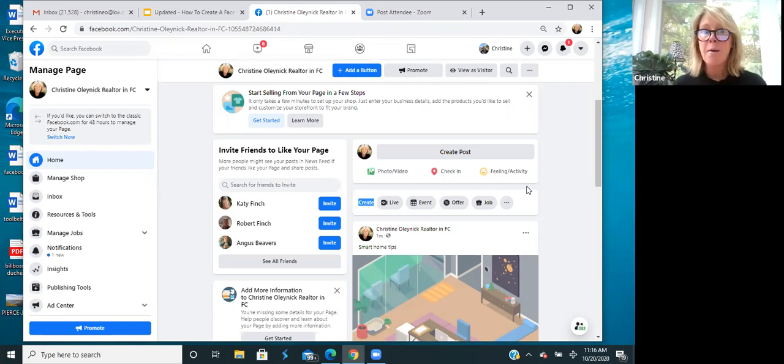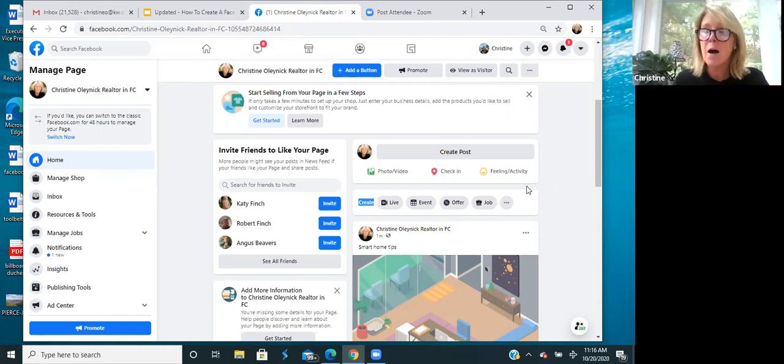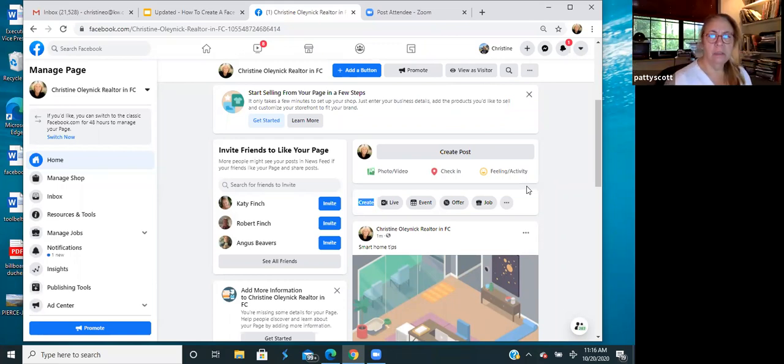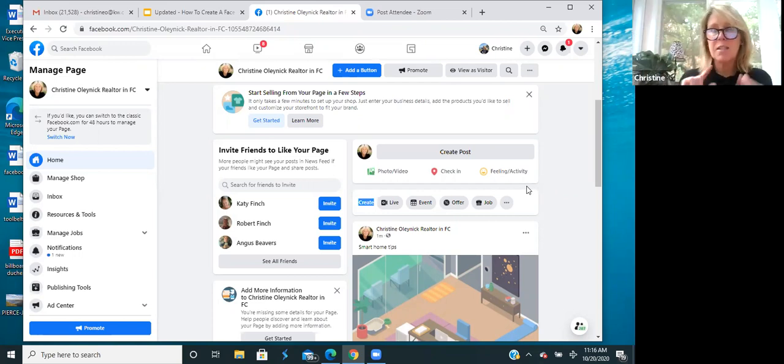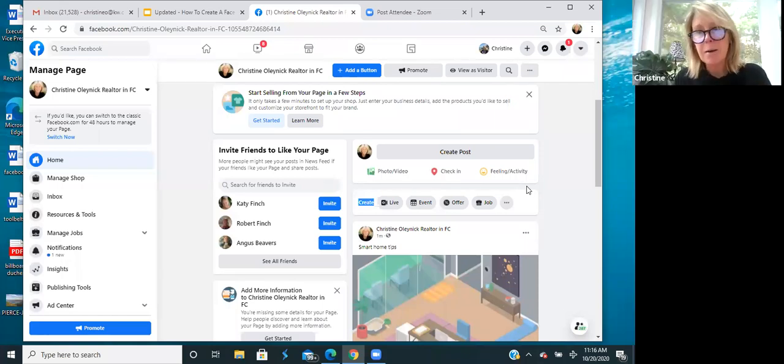Can you do MLS listing links into this? Absolutely. Can you show how to do that? For your MLS listing link, yes. That'd be very helpful. Thank you. Yeah, you can't use somebody else's. It's got to be your listing, because I'm doing open houses and I wanted to post them. I don't think it'll work unless it's your listing. But you can certainly use the pictures and the description and say, contact me for more information, because you want them to contact you as well.